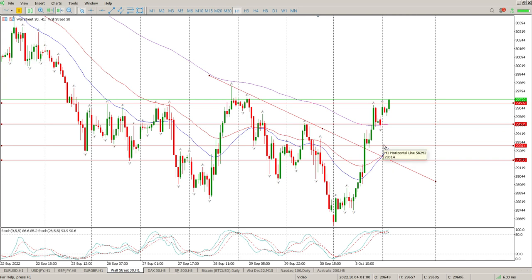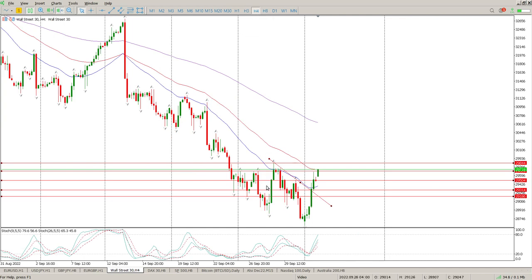Alternatively, we're looking at 29,314, and then we're also looking at 29,500. Now, if we do continue on this path that's happening right now, that's at 29,689, and we come back and test that area, definitely an opportunity to buy into that. Ultimately, we do need to clear that swing high up there, and that is going to set a pretty big